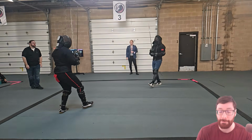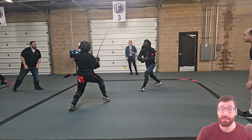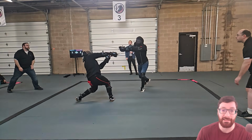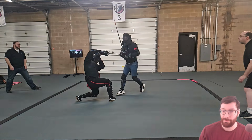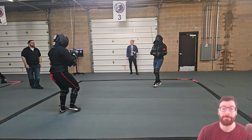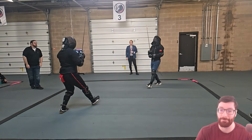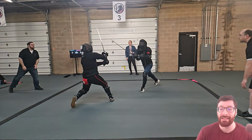I decide to go deep. I throw a thrust towards, to my credit, exactly where his head used to be, at which point he ducks it to the side, gets real low, and throws a nice middle cut to my body. Because of the particular position I was in, I am only able to finish my passing step, wind my sword back down to try to parry it, which of course wasn't going to happen, and I end